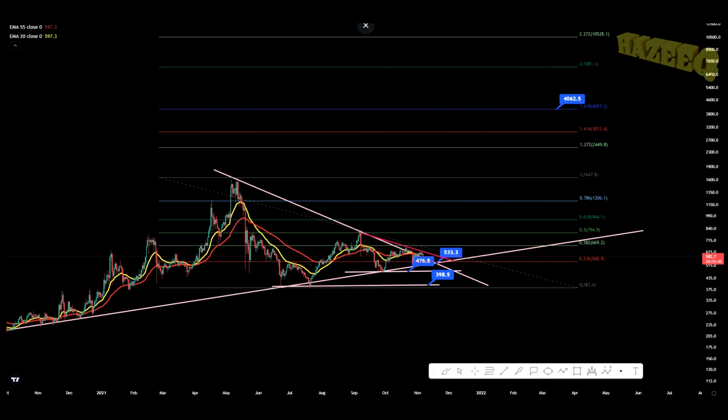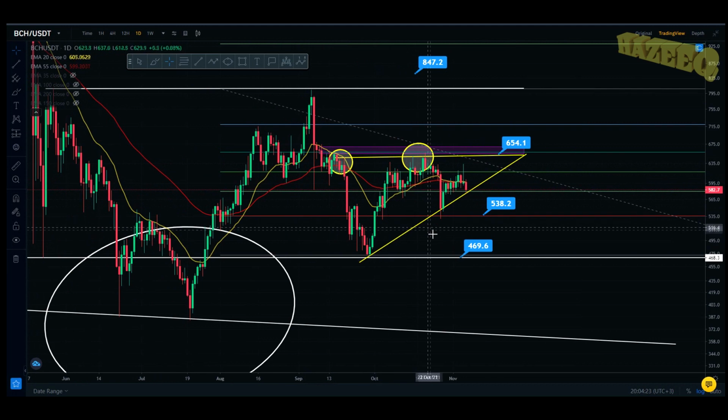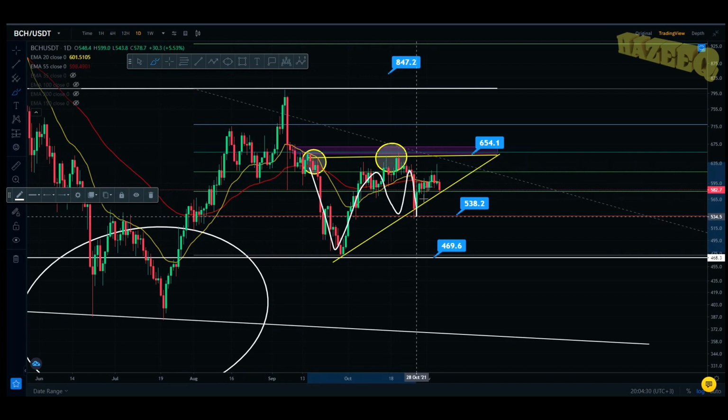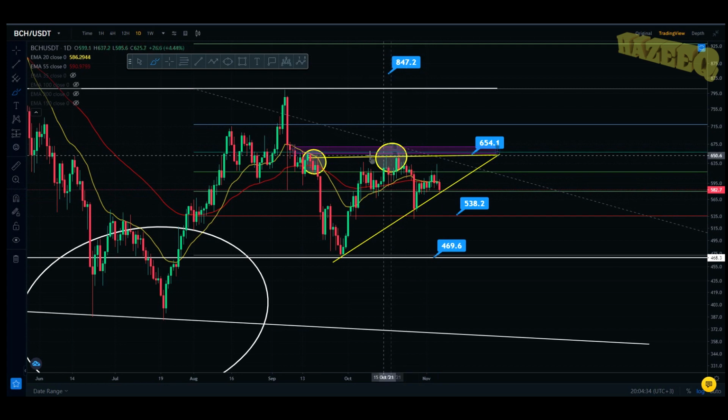Now let's jump into Binance for some oscillators. Now jumping into the daily chart, we do have this ascending triangle playing out, right? So a little bit of a different pattern over here, but still you can see that we're making higher lows, but we're getting rejected from these areas over here above from that resistance line. You can see I have those two lines